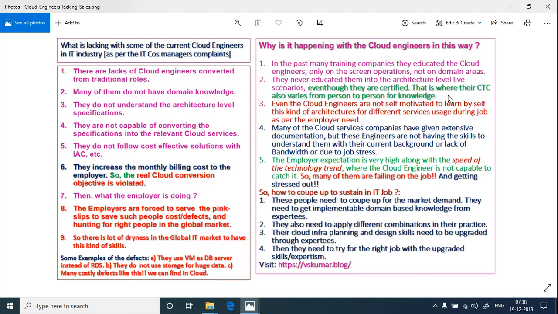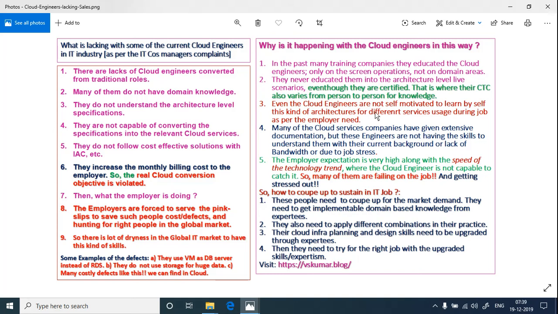What are they going to do? From person to person, these knowledge gaps are there. With the gaps, whoever has more knowledge and is capable enough gets a higher CTC, obviously. So these guys should not compare other people's CTC. The knowledge and implementation practices vary from one person to another.